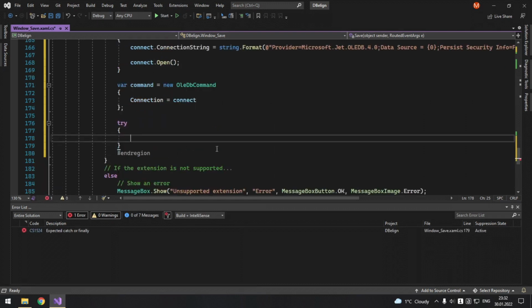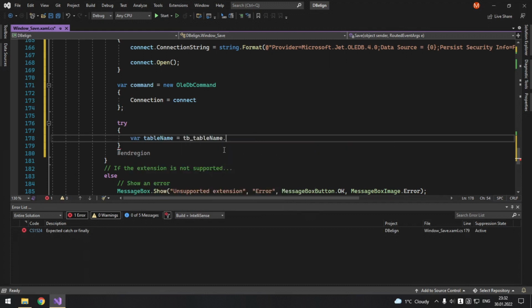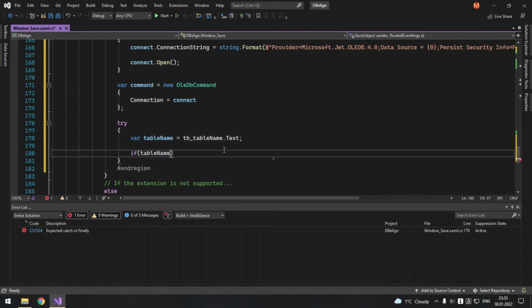So first we try to get the table name. So var tableName equals tb_tableName.Text, not template, text. Okay, and we check if tableName does not equal mDefaultTableName.